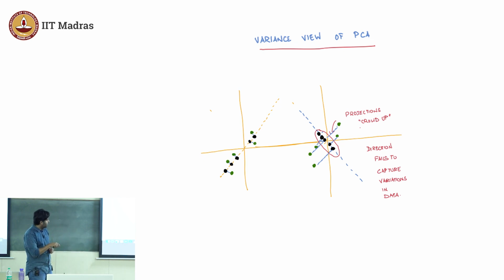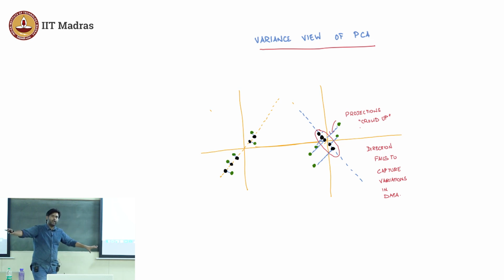Now which one has closer lengths here? Is it the blue? Right? So closer means variance is low. So they all look similar, right? After projecting along this direction, they all look similar, which means you are essentially losing the distinguishing capability between these two points in this direction. You have lost that essential difference because they are all crowding up nearby to each other. On the other hand, if you find a direction where they crowd up along the line,